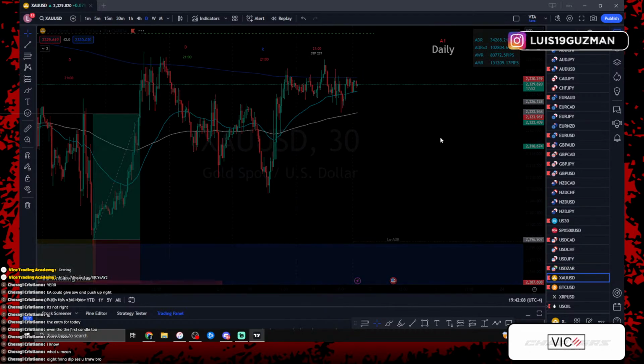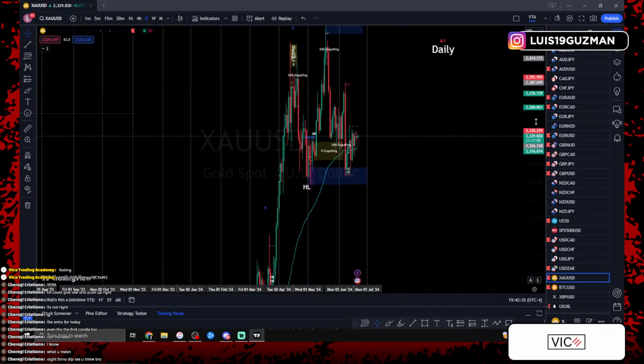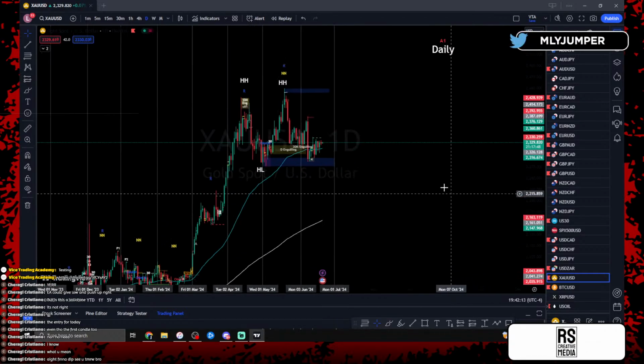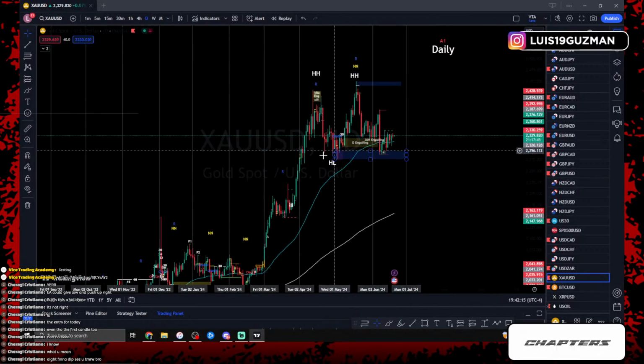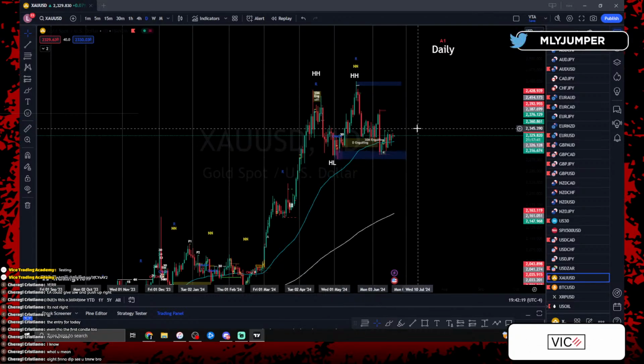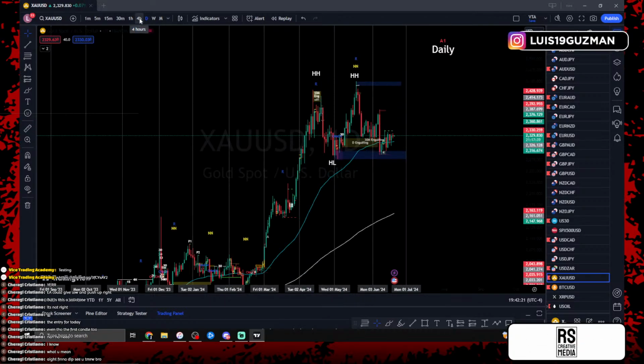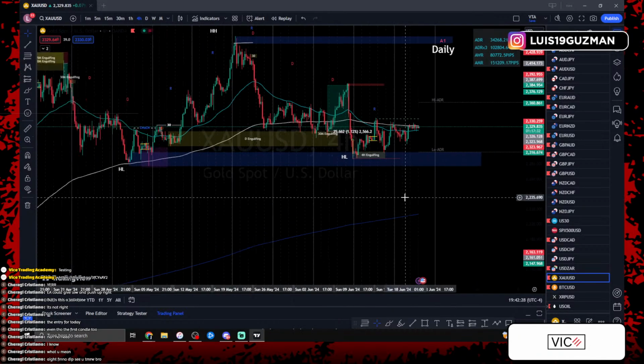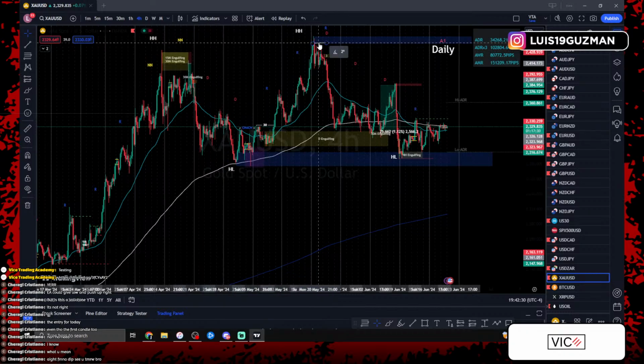Gold, daily time frame, again similar to US30 and GJ. We're just in peak high territory. We can see that on the daily time frame we're kind of just consolidating here, but we can still see higher high, higher low, higher high, higher low. In the internal time frame, we can see an engulfing daily candle going short, but I'm not gonna mark that as a valid one.